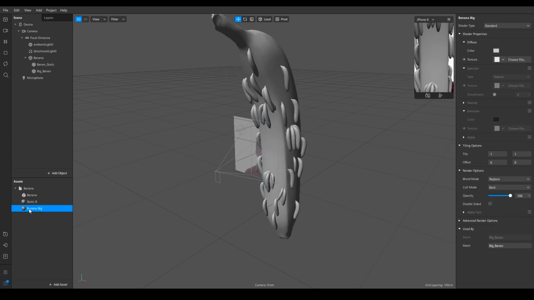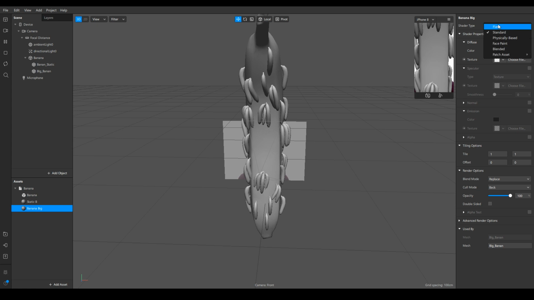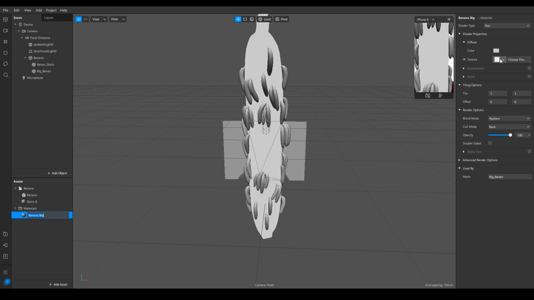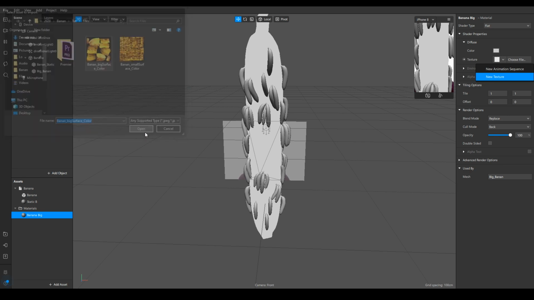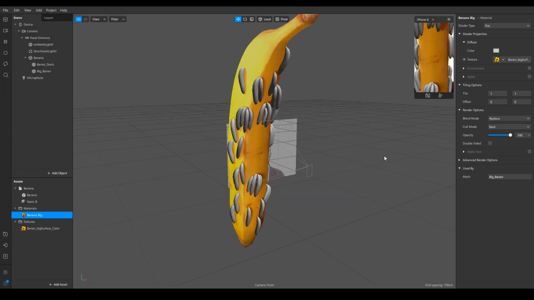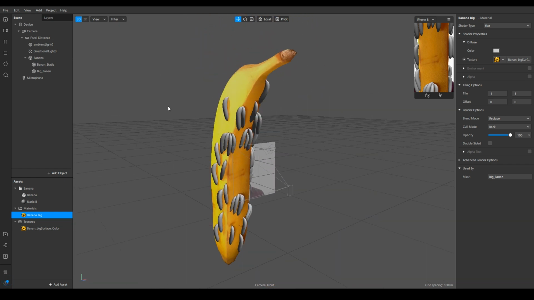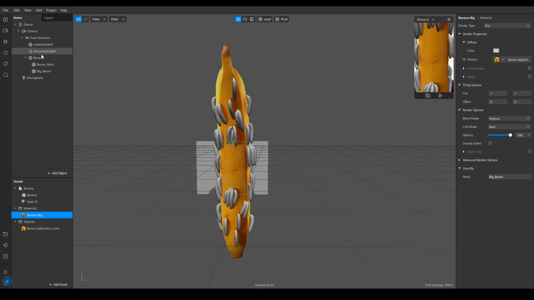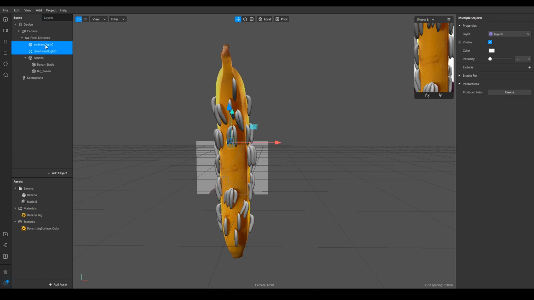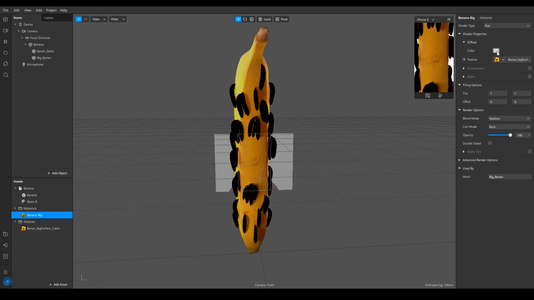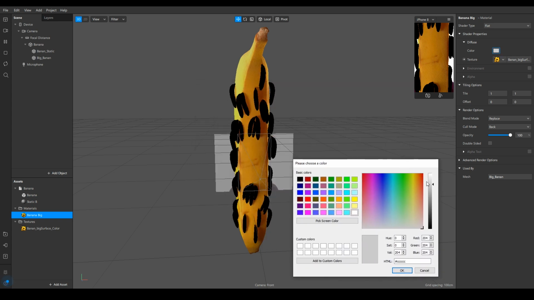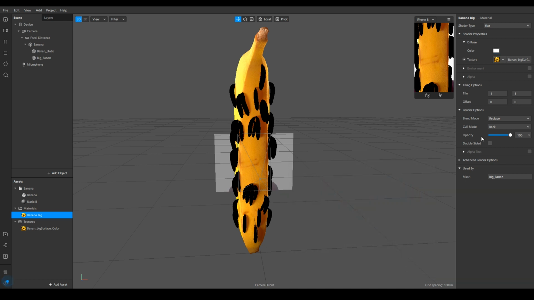Alright. So over here for the big banana, the material for the big banana, I'll just go ahead and set that to flat. And let's go ahead and import the texture. So I'll click on that arrow and choose this one. All right, so you can see that it's looking already pretty nice and realistic, even without any lights going on in the scene. Okay, actually we have a couple of lights over here, so I'll delete them anyway. Back in the material, let's choose the color and set it to white, so that it displays the actual color. And that should be it.